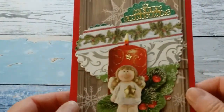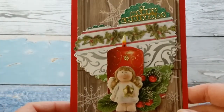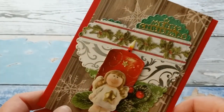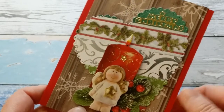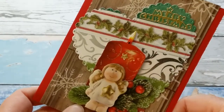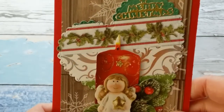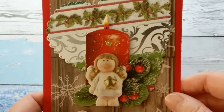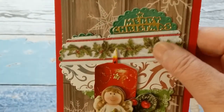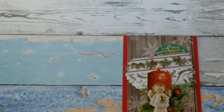And what I have done here with this red card, I just used some wood grain paper in the background, and then this heart is a die, and I again used up a lot of my scraps on a piece of cardstock and layered it in strips and then cut it out with my die. So this became this beautiful ornate heart in the background, but it's just all scraps. And then of course I matched it with the colors of my topper. The Merry Christmas, again, is a sticker from one of my sentiment sticker sheets. And this topper came from